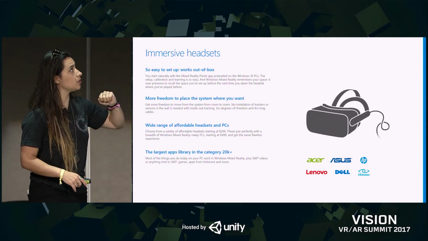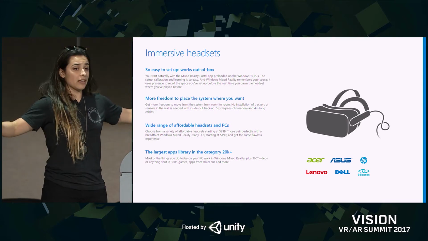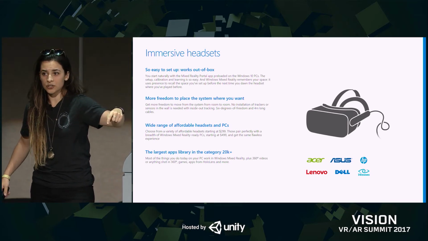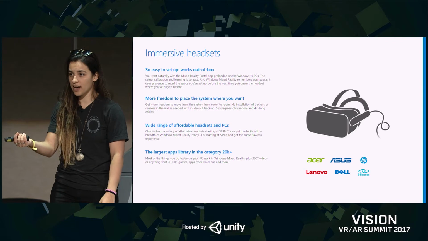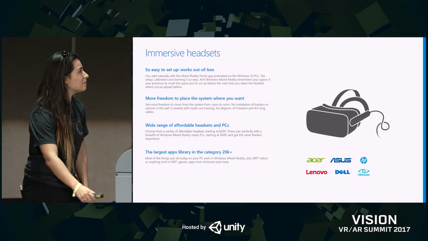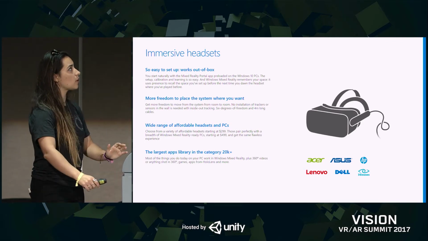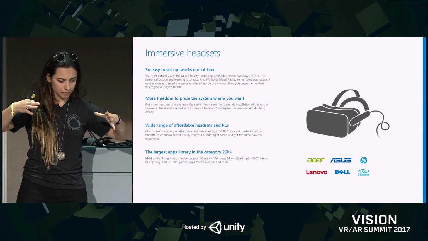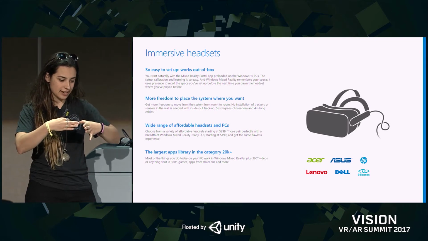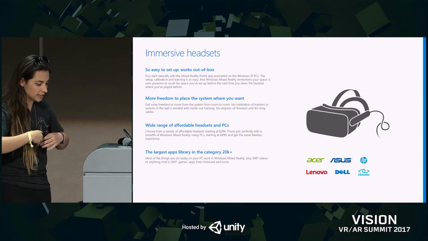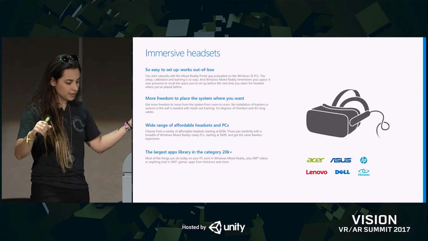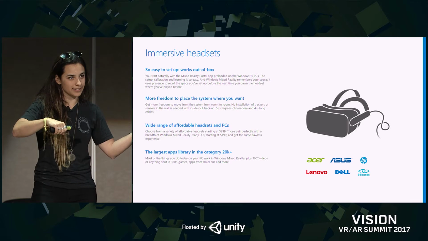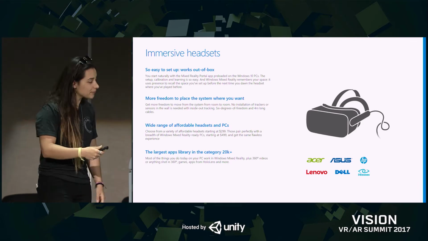So again, this is the new immersive ones, works right out of the box. If you look at the one that we have on display downstairs, you can see it's just a USB and an HDMI, and you just plug it in. These are the ones that allow you more freedom because you can just start walking. You don't need to be in a 10 by 10 square or wherever you can put your lighthouses because it has inside-out tracking. The only restriction, I guess, is that tether, but we're iterating all the time.